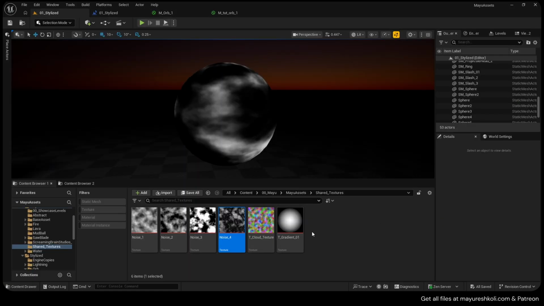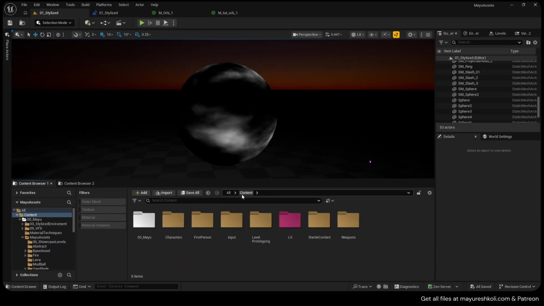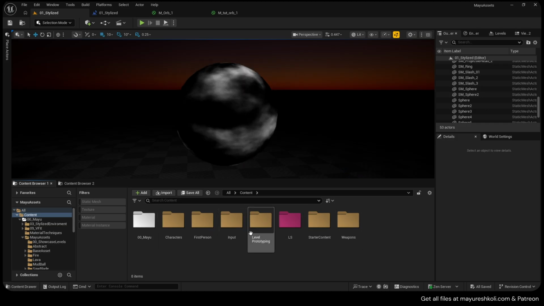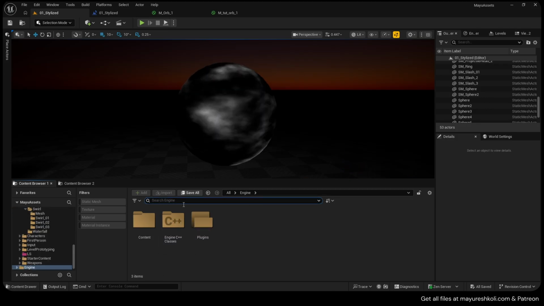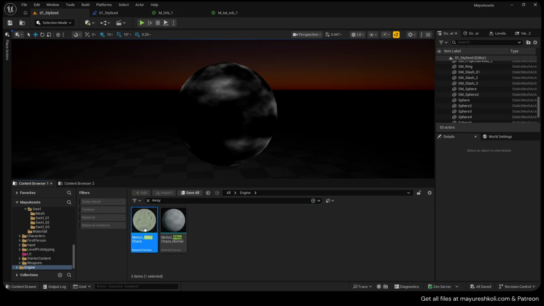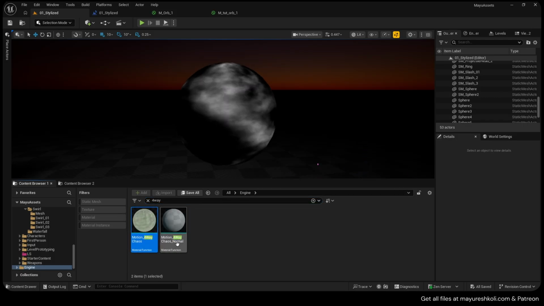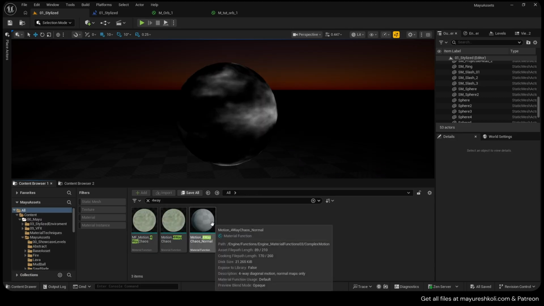So for that, what you need to do is go to your content. I don't know where it is. I believe it's in the engine, and search for four-way. So this one, motion four-way chaos. We are not using normal, so we don't need this. So let's copy this material function,